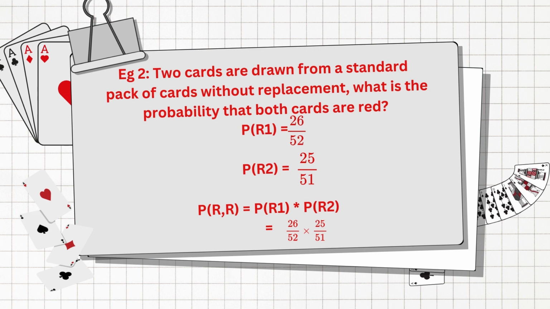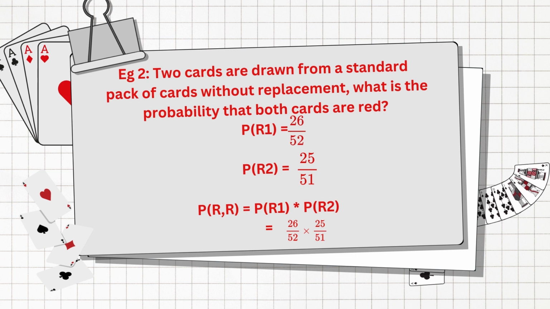So the probability of drawing the first card, which is the probability of the first event, is 26 over 52, because I have 26 red cards in the pack of 52 cards. So the probability of getting a red card will be 26 over 52. Now, because I have taken out a red card from the pack, I no longer have 26 red cards. I now have 25 red cards remaining. And then I no longer have 52 cards in the pack. I now have 51 cards remaining. So the probability of drawing my second red card will be 25 over 51, because the second event is dependent